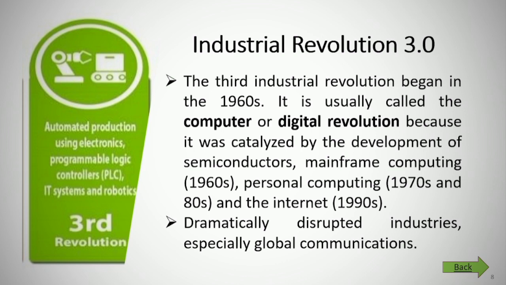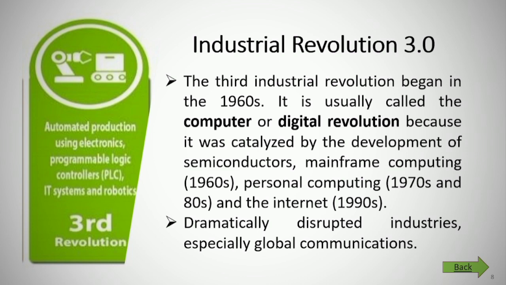It is usually called the computer or digital revolution because it was catalyzed by the development of semiconductors, mainframe computing in the 1960s, personal computing in the 1970s and 80s, and the internet in the 1990s, which dramatically disrupted industry, especially global